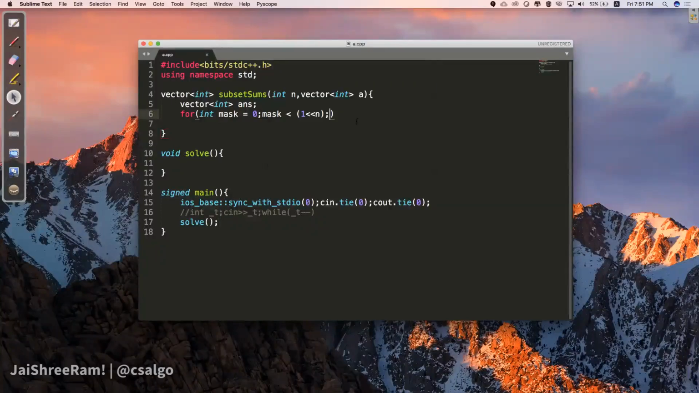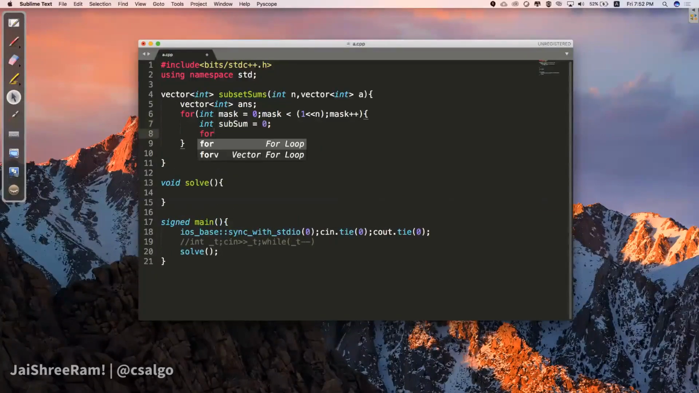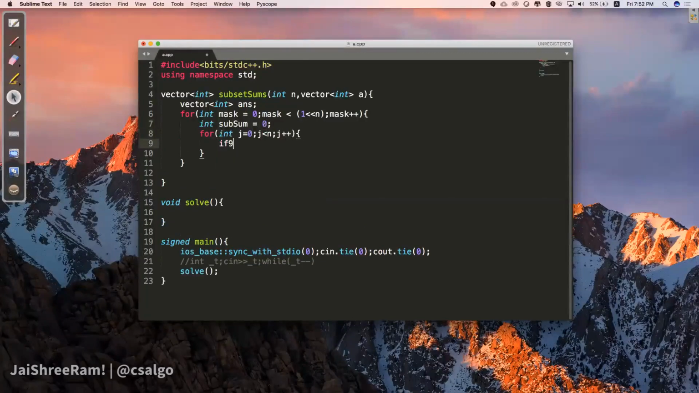Now mask plus plus, so this is now iterating on all subsets. Now we want to find, for whichever mask we are currently at, the sum of the elements, right? So let's call that subsum, okay? For j equal to 0, j less than n, j plus plus, okay? If mask and 1 shifted left by j,